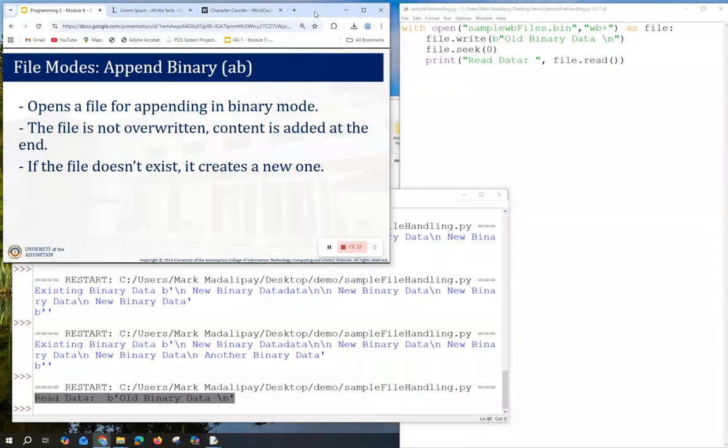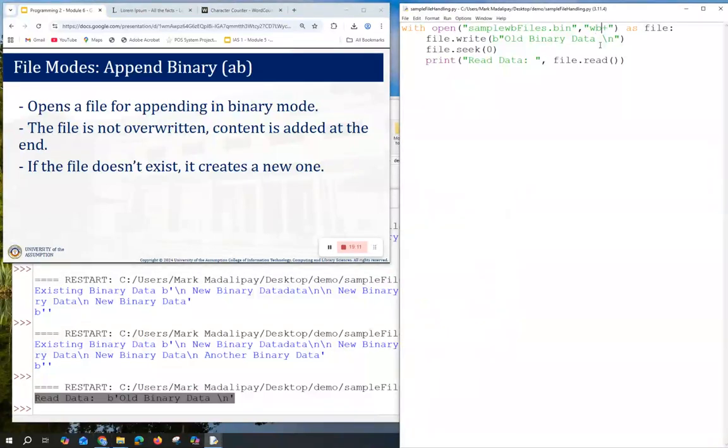Now we also have your append binary, wherein it opens a file for appending in binary mode. The file is not overwritten and the content is added at the end. Okay? So let's do it.